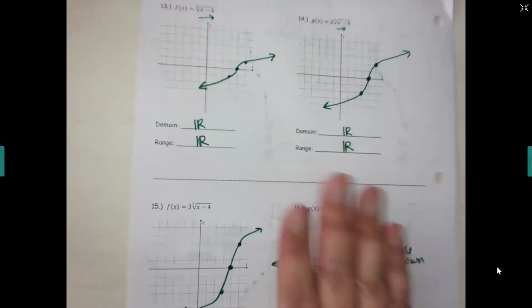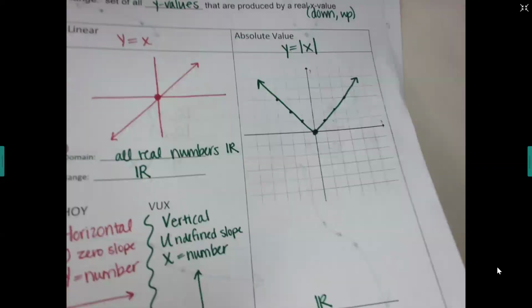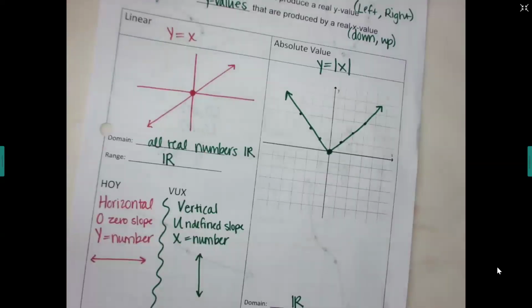So this little one-sheeter, you're not going to lose. Otherwise, if you want to use it on your test, you'll have to make a whole new one. So try not to lose this. This is going to be added to your regular notes. Okay, so pull out your computers. We'll do a couple examples together just to make sure you get it, but it's pretty much what you did last time, just with a few new shapes and with some stretches and compressions.